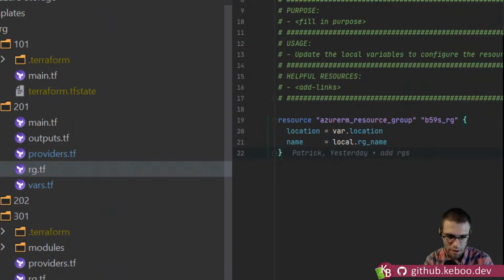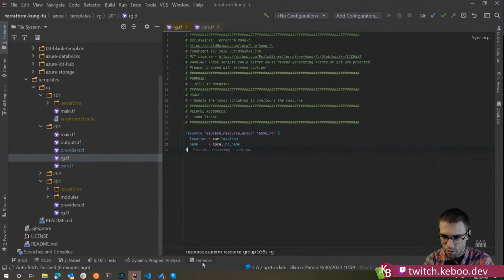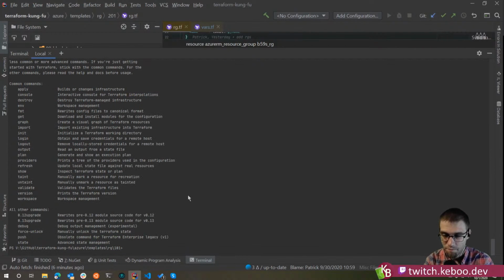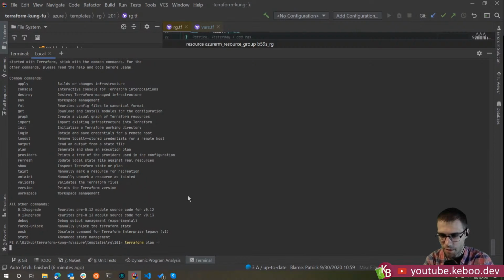If it's okay. The moment you need effectively some level of control from outside, hey, I want to toggle that, I can say turn this thing on, turn this thing off, or hey, I want to be able to reuse this same folder of Terraform code, but I want to change my location, right? Like maybe I don't always want to go into East US 2, but calling the resource group B59s, yeah, I always want that. That's the point where you switch it into a variable. Is you need some control or some switch from the outside to be able to toggle it.